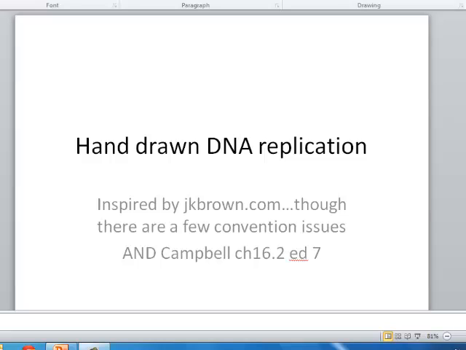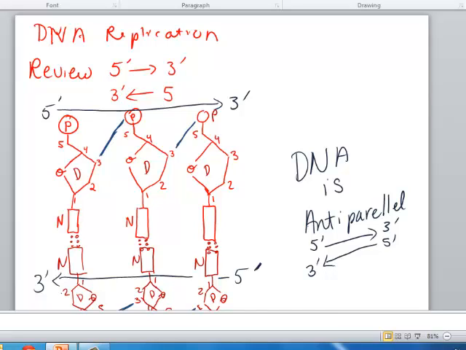Okay, we are going to explore how to hand draw replication, but first we're going to begin with a basic review of the structure of DNA in a basic format. So here we see that we have DNA, and we can see here we have an individual nucleotide. There's the phosphate group, the deoxyribose sugar, and a nitrogenous base, which could be A, T, C, or G